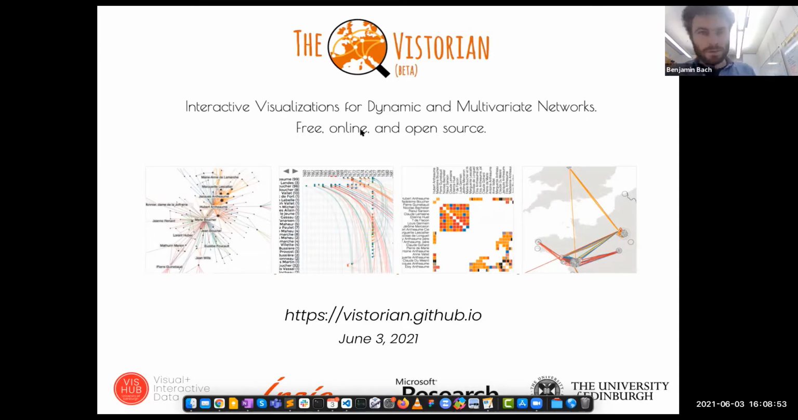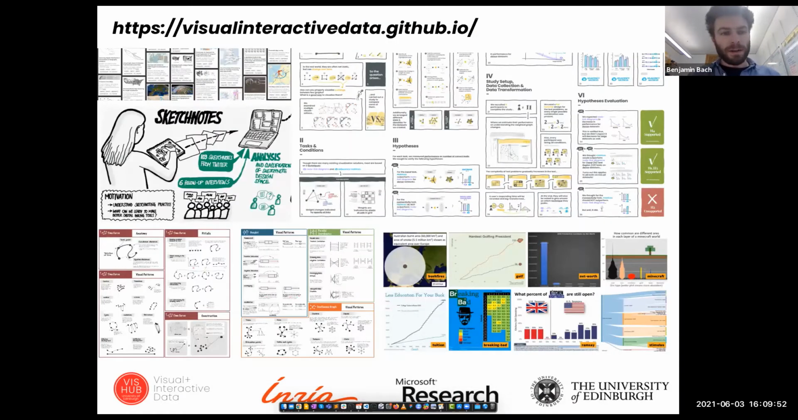So we are here for about 1 to 2 hours of a tutorial on the Vistorian, which is a tool that we're building at the University of Edinburgh and with our collaborators at INRIA, at Microsoft Research, and some other partners in Europe and the US. Part of the Vis Hub in Edinburgh, which is the research group at the University of Edinburgh. We're doing lots of research on visualizations, on storytelling, on sketching, on visualization technique, on visualization literacy, on immersive analytics and VR and so on and so on. If you're interested in that, you can find more out about us on this URL,